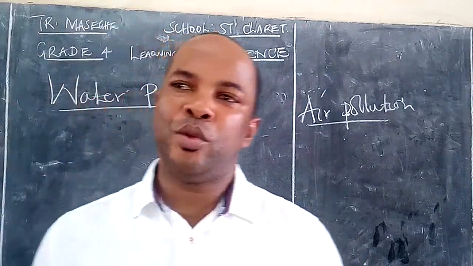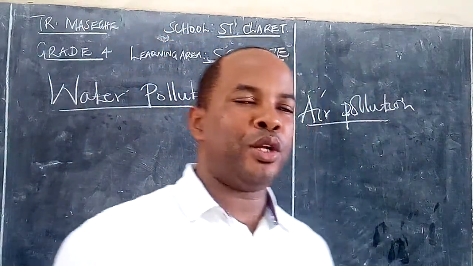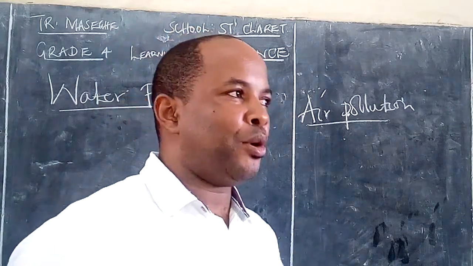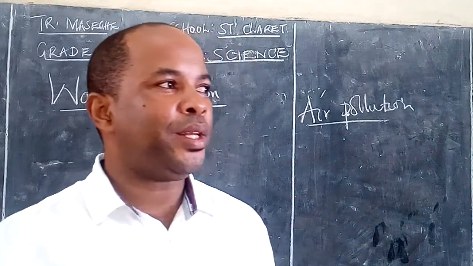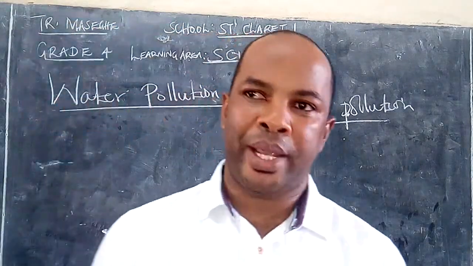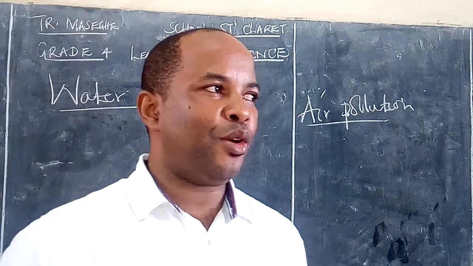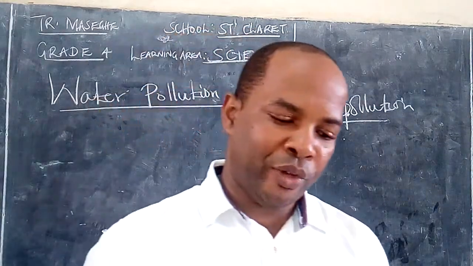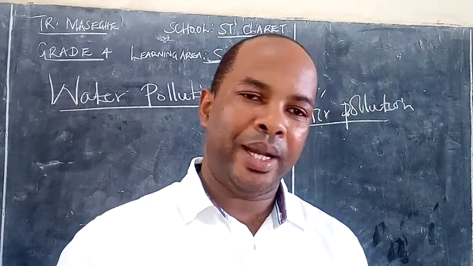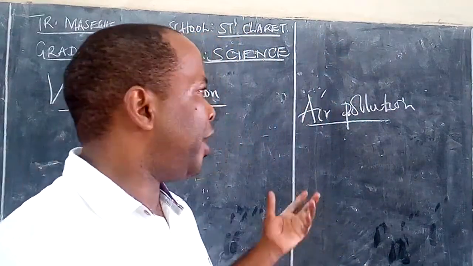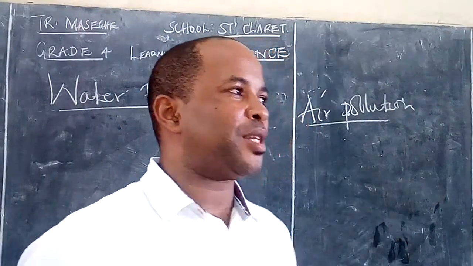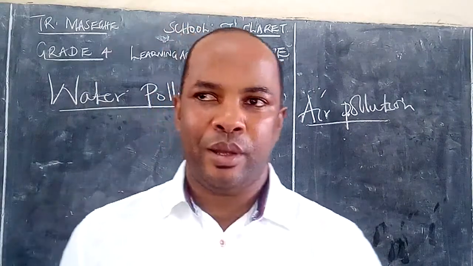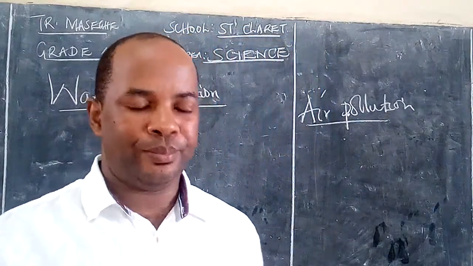So in our previous lesson, we looked at air pollution. We were able to define what pollution is. Secondly, we stated what air pollution is. We went ahead to explain the things that make air to be seen or to be unclean. And also, we looked at the ways of reducing air pollution. And lastly, the effects of air pollution. What are some of the effects when one breathes in air that is not clean or not pure?